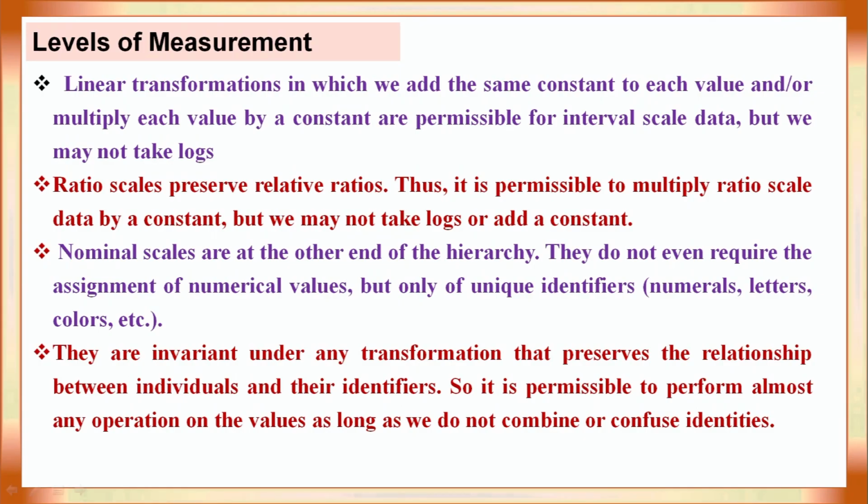And nominal scale, those are at the lowest end of the hierarchy. They do not even require any assignment of numerical value, only unique identifiers are used, like numerals, like the gender we are talking about, male or female. I just assign 0 for male and 1 for female, or the opposite. So either 0 for male, 1 for female, or 0 for female and 1 for male, or color. If 2 colors are there, yellow and red, I assign 1 or 2 according to